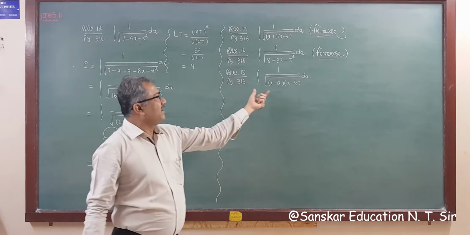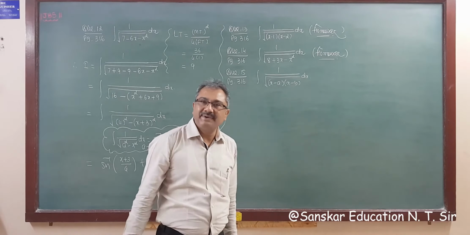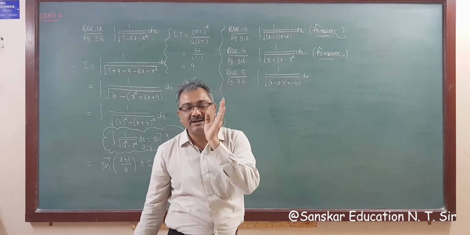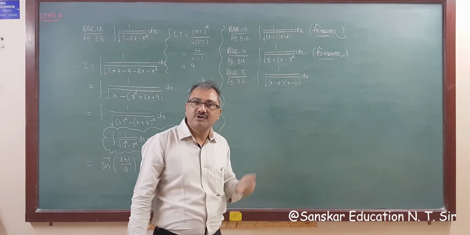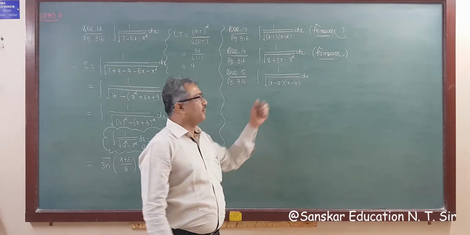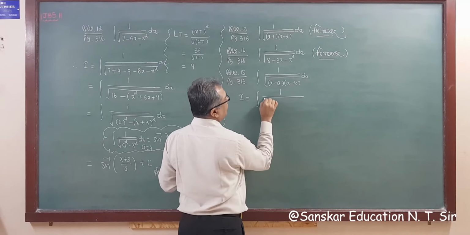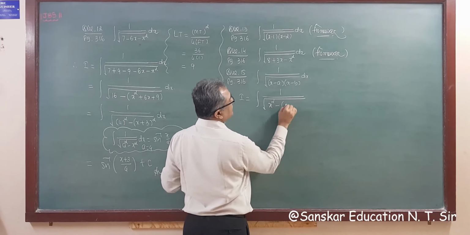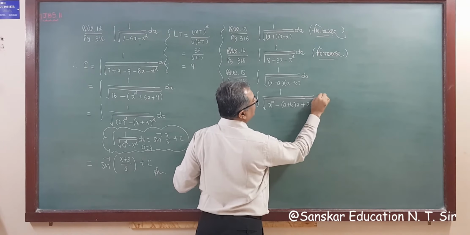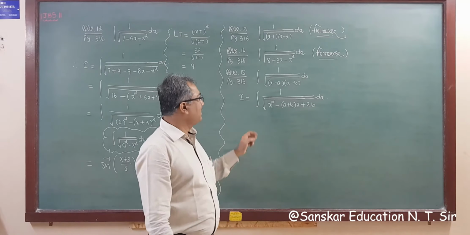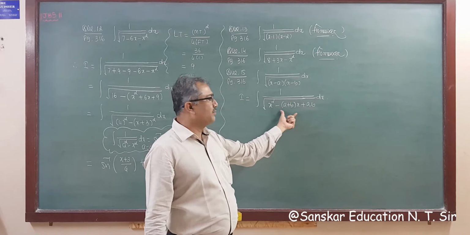Right? So you are not able to integrate this function because two functions are in multiplication, and you can't integrate functions given in multiplication at this level that you know. So what to do? Expand this. If we expand this, then I will have the integration of 1 upon square root of x square minus (a plus b) into x plus ab, that you learned at primary level, right? Square of this, sum of this into x, and multiplication of this, that you know, right?